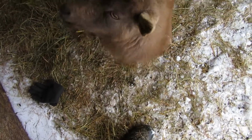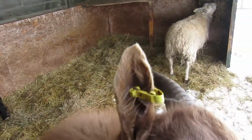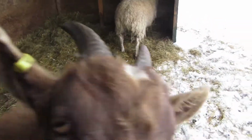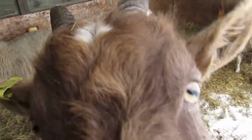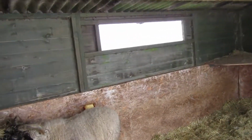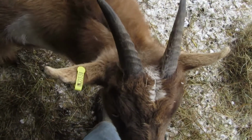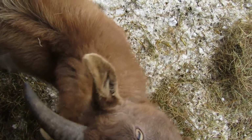I mean, he looks like the face of innocence. I can assure you, you're not, are you? I have actually said to him, if he keeps butting, I'm either going to put a tennis ball on the end of each horn. Get off my scarf! Get off my scarf! Get down! I'm either going to put a tennis ball on each horn, or we're going to wrap them with bubble wrap,